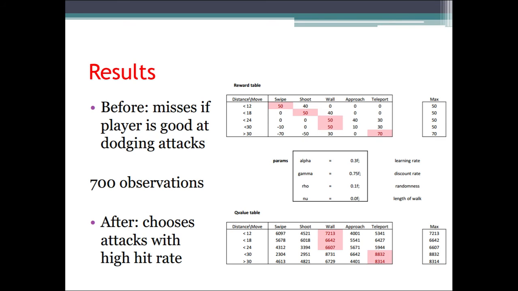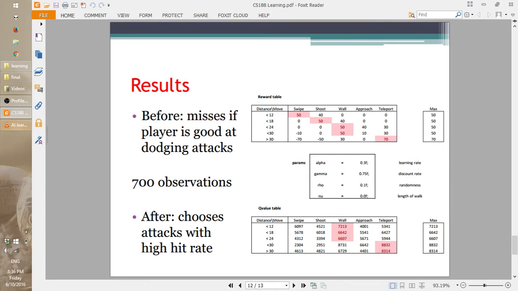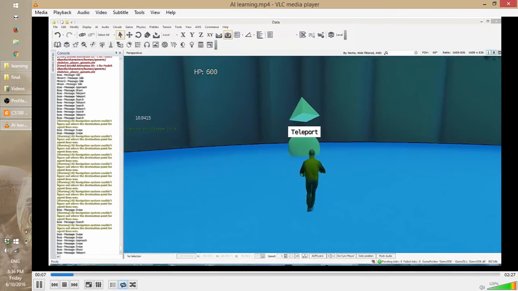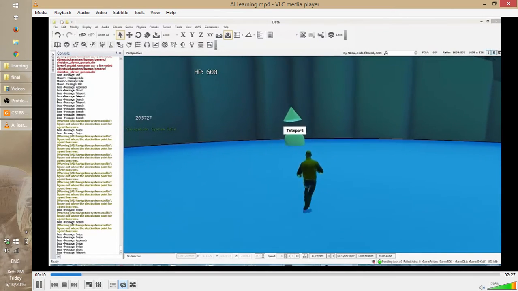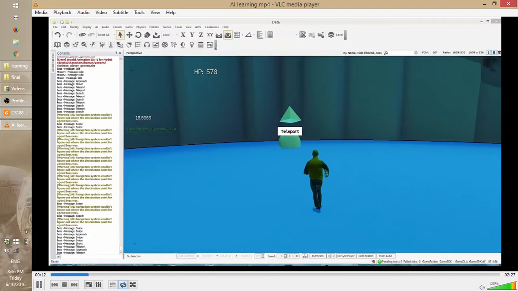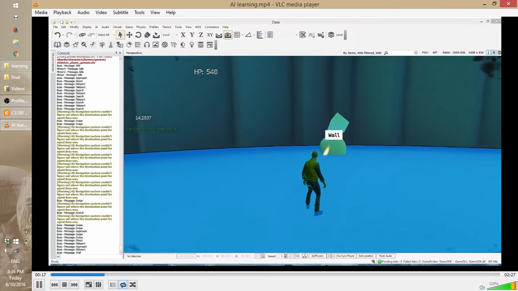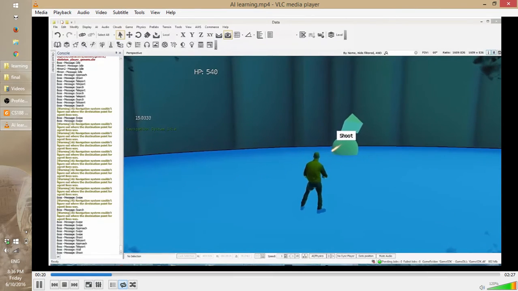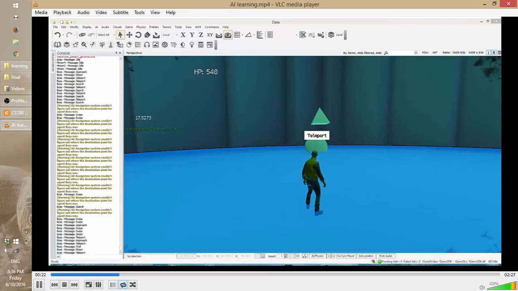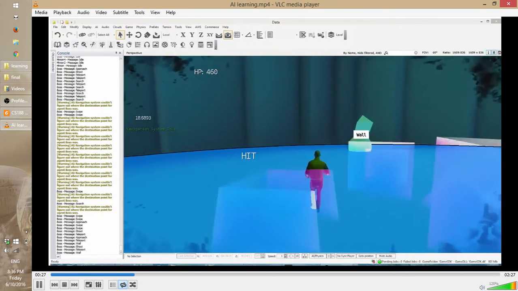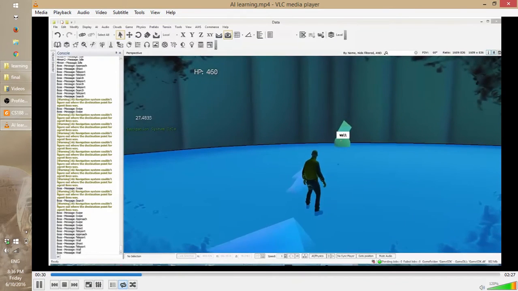So I also have some short clips to show the process. For the first one, it's not very interesting because the AI is only doing random attacks. I also have other clips that I will post up on YouTube, and you can look at them as well as my slide. So in here, the player just runs around, and then the AI will try to attack the player. It's not very successful here. It took a lot of time for the AI to actually kill me.